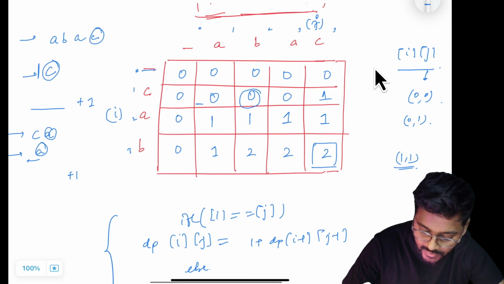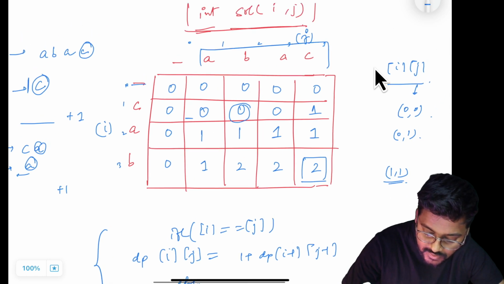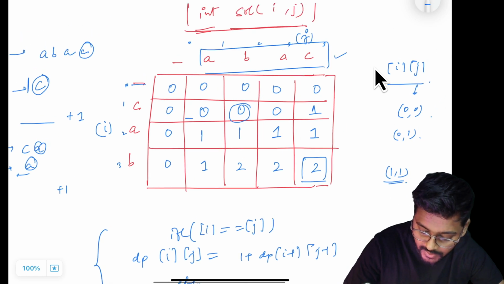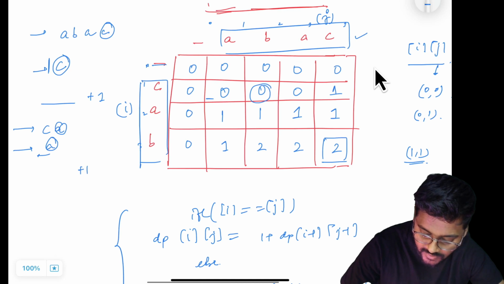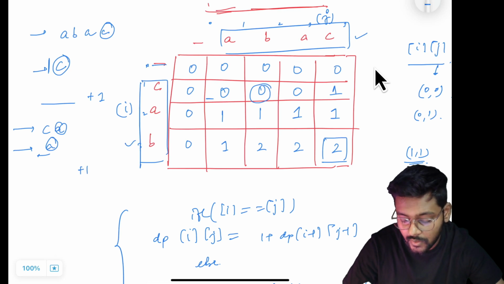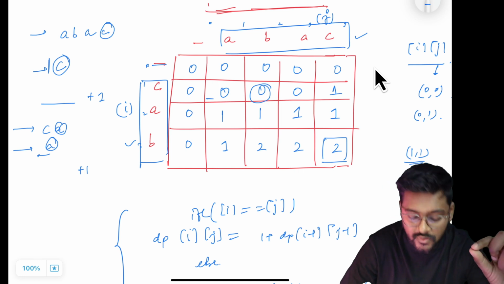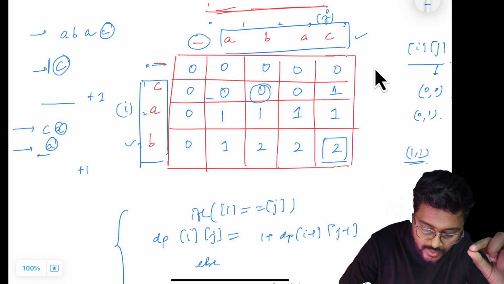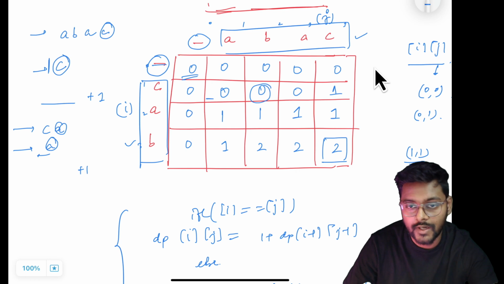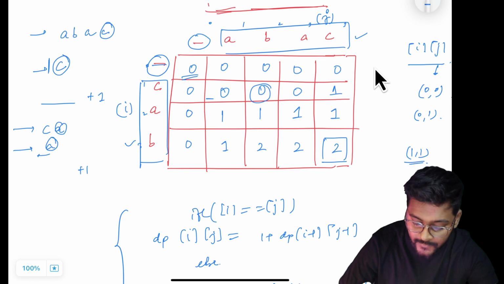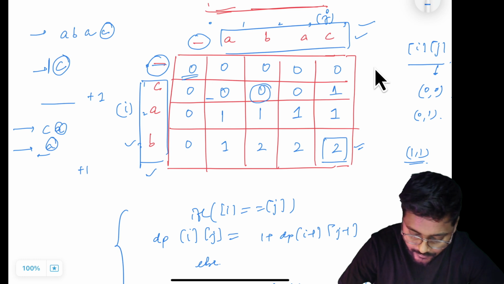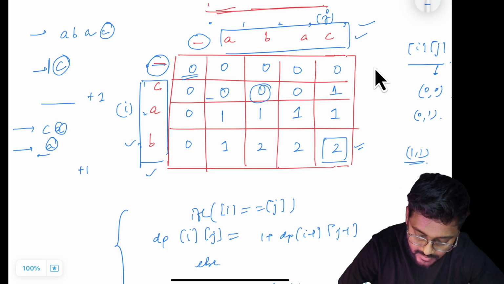This cell means that starting from the string ABAC using the complete string and using the complete string from here, this is the biggest problem. That's why it is called bottom up. Bottom up means using the smallest problem. No character from string 1, no character from string 2. That is 0 length of common subsequence. All the characters from both the strings, then that is 2. So ABAC, CAB, and now